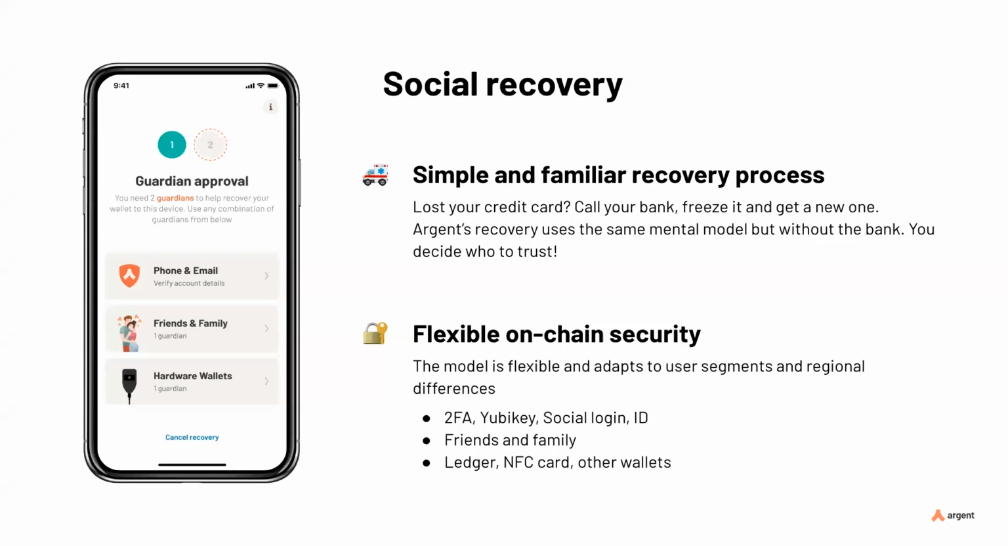The first one is social recovery. That's at the level of the wallets, and that's something that Argent has implemented on Ethereum already, and that we will bring to layer 2s. So very simply, there is this example of losing your credit card. When that happens, you simply call your bank, you freeze the credit card, and you get a new one, right? And that's the kind of experience you want to bring to your accounts,